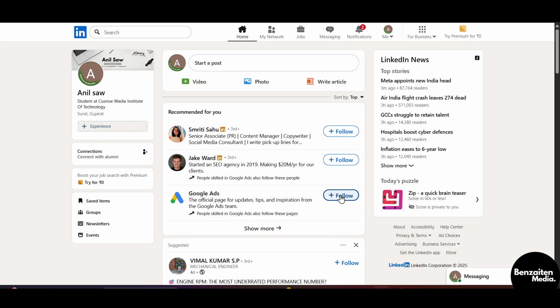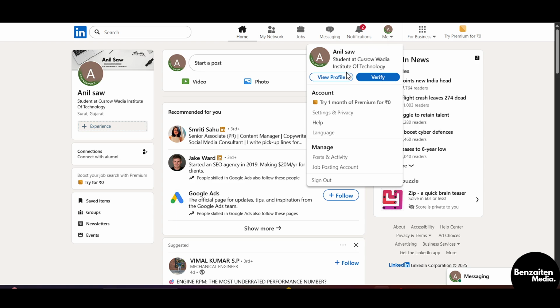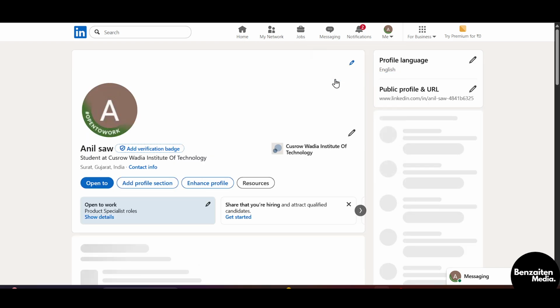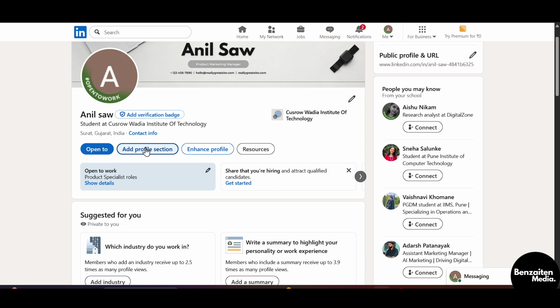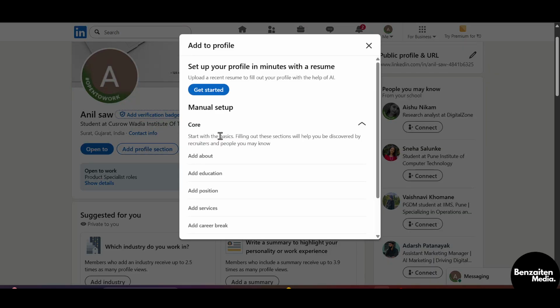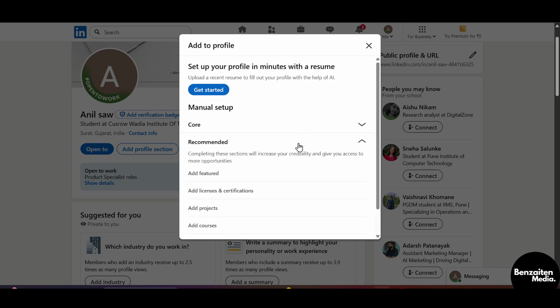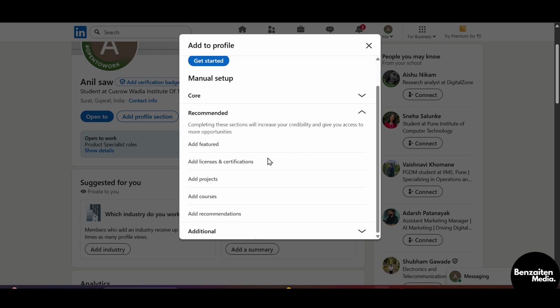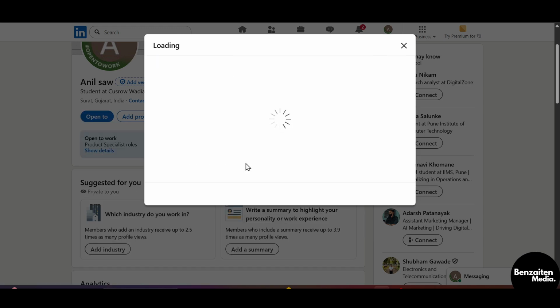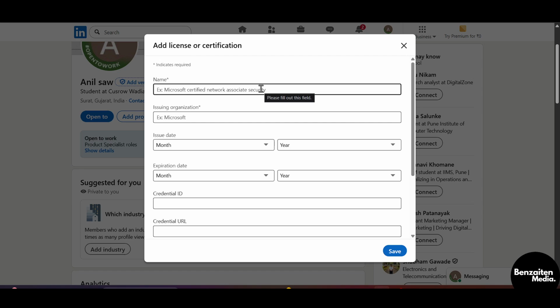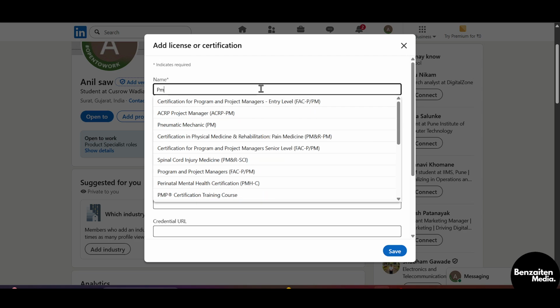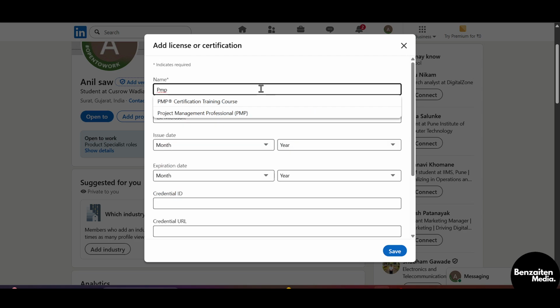So after that, when you are signed in or logged in, and when you are at the home page, on the right side at the top, click on your profile icon and then click on View Profile. And after coming to the View Profile, click on Add Profile section. Now, after coming to the Add Profile section, go to the Recommended section, and under the Recommended section, click on Add Licenses and Certifications. Now, from here, at the name of title, type PMP or you can type project management